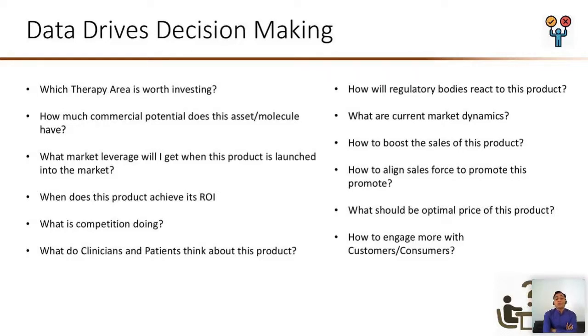So what should be the optimum price for this product? Because in India, we are still a growing industry and a growing country as well. Affordability and costing are of utmost importance. So we have to take care of the optimum prices of the product as well. And we need to understand the strategies for how we are going to encourage more customers or consumers to come with us. So these processes will ultimately help the company to grow and penetrate into the market.